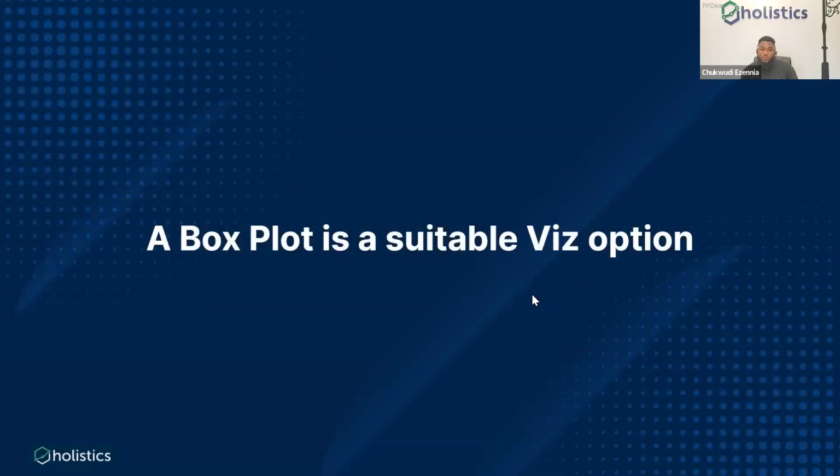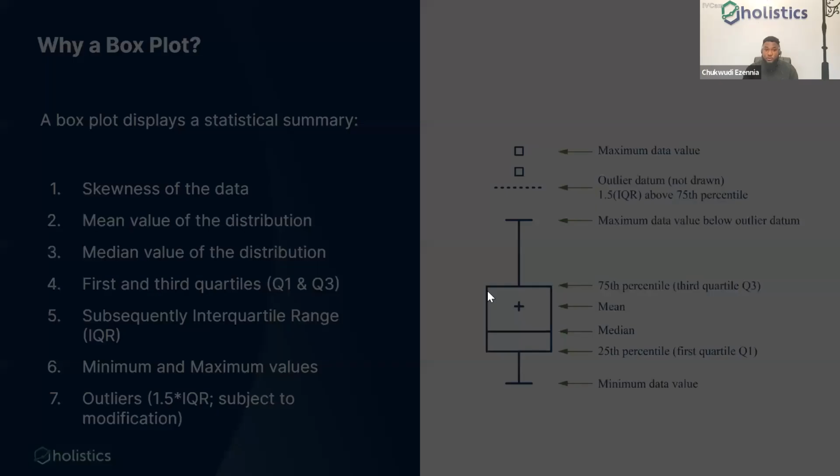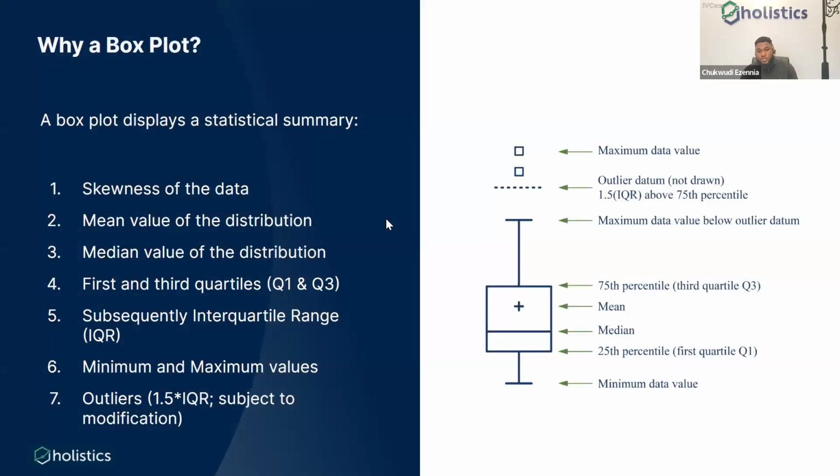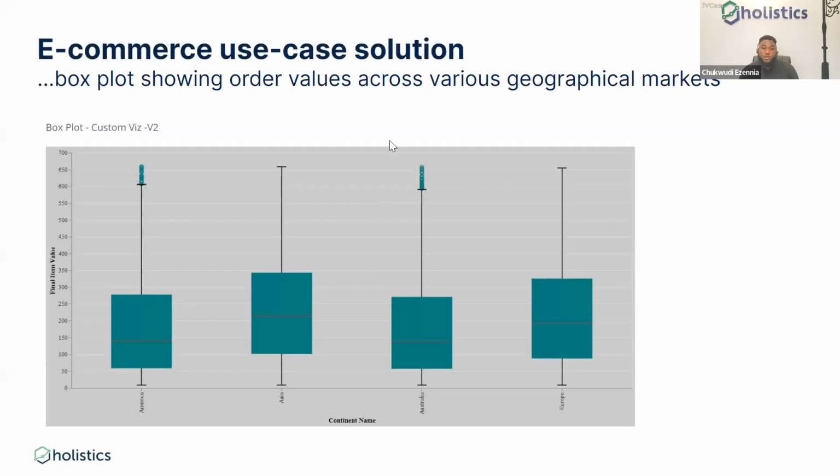So now there's lots of visualizations, but a box plot seems suitable for this. And this is not one of the native visualizations we offer in Holistics. So why a box plot, right? The issue that we're trying to see is a statistical summary, and a box plot does this best for us, which means we can evaluate these summaries and compare them across these different categories. So if you take a look at this, this is a sample box plot defined using the VegaLite templates, and this is being visualized in Holistics. This box plot, for example, is for the e-commerce use case, showing us order values across geographical markets, right?